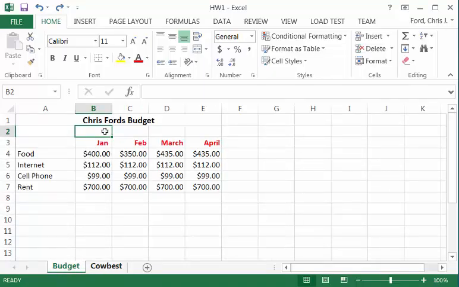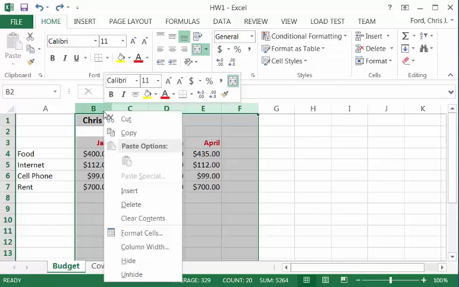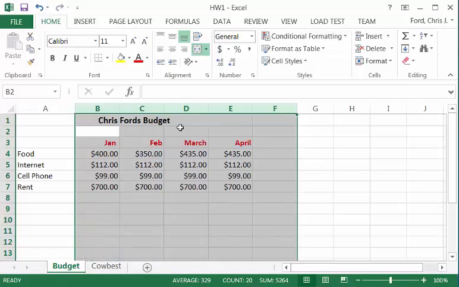A couple other things I just wanted to mention in this video. I talked about column width, and if you're just going to do one column, I do recommend just to click between the 2 letters and drag. Sometimes we want to widen several columns, so to do several at once, assuming you want them all to be the same width, you can highlight the columns you want, and I'm up here on the ABC, and then I right click, I go down here to column width, and I specify. Right now these are 8.11, so maybe I want to make them 10, so that makes all of these width